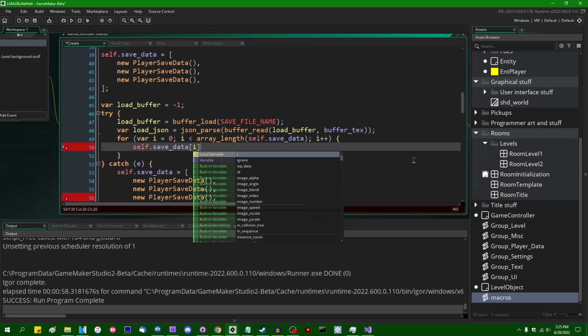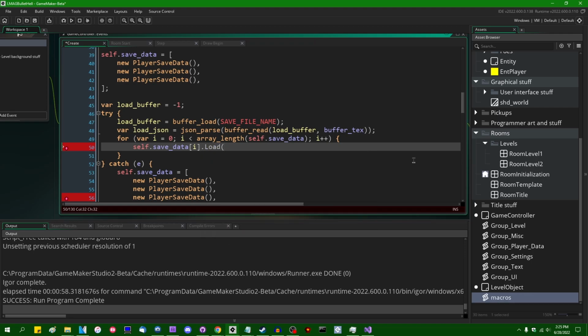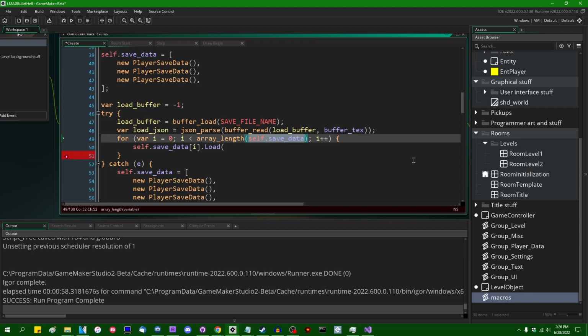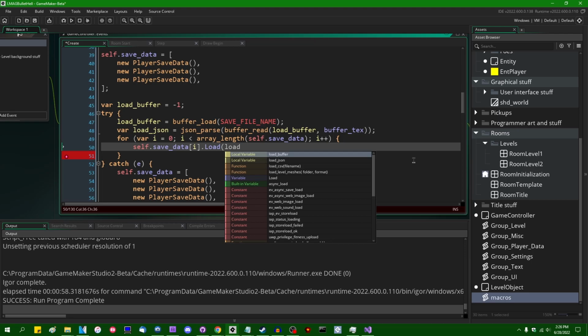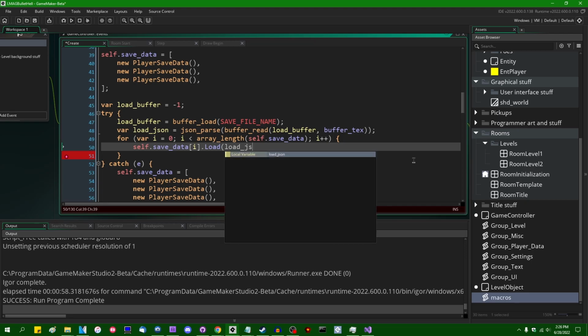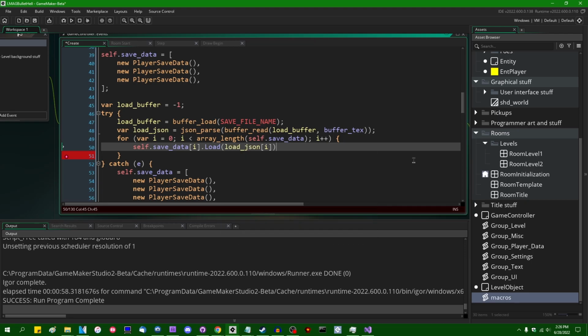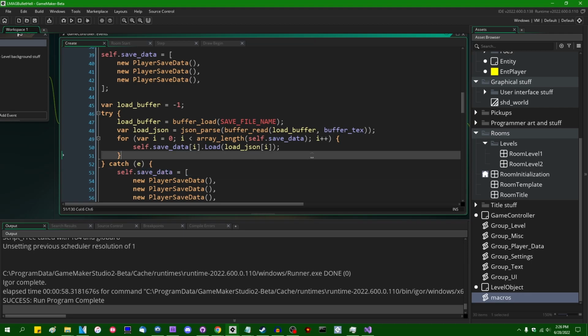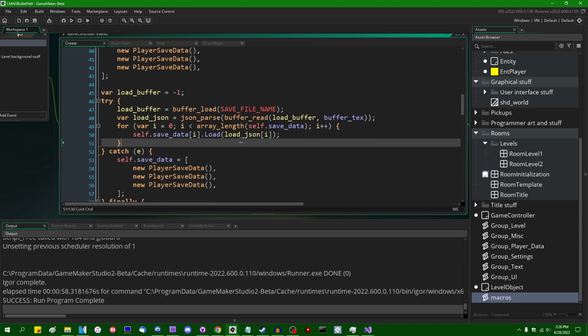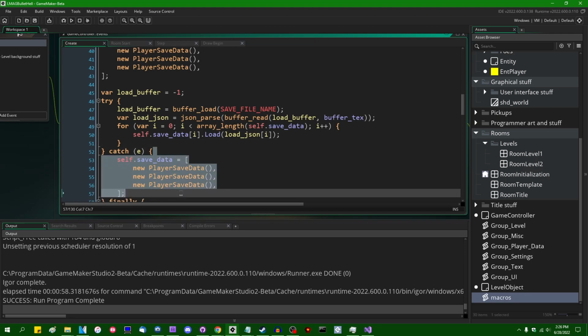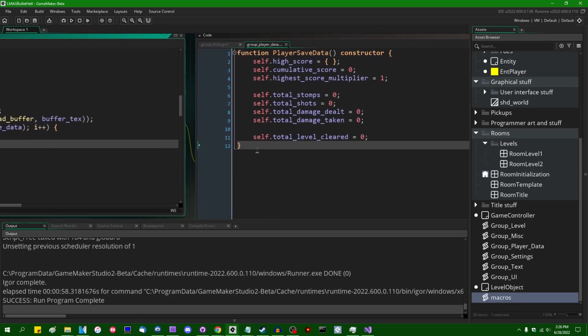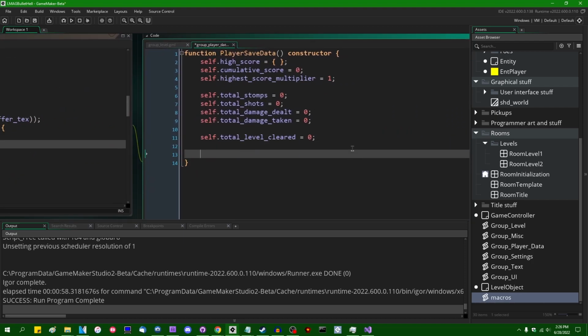Self.saveData index i dot, and we're gonna define a dot load method for player save data, and it's going to accept a JSON object. Load JSON is going to be an array, which was saved to the file and retrieved. Hopefully, again, if that goes wrong, then the player probably did something that broke the whole thing, and we're gonna reset it. Otherwise, we're gonna define ourselves a